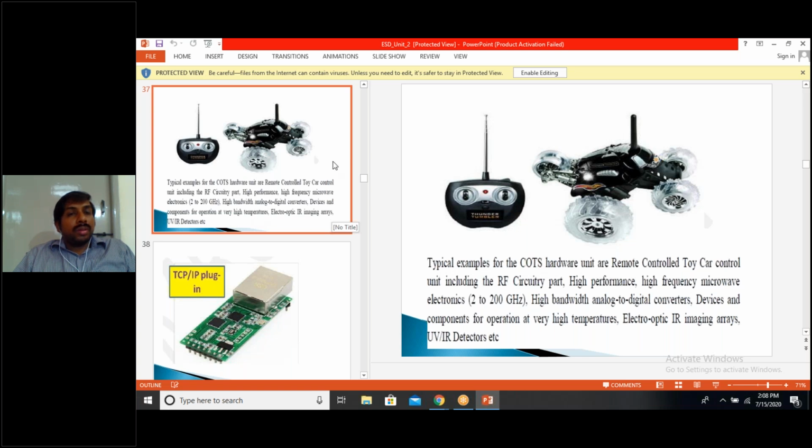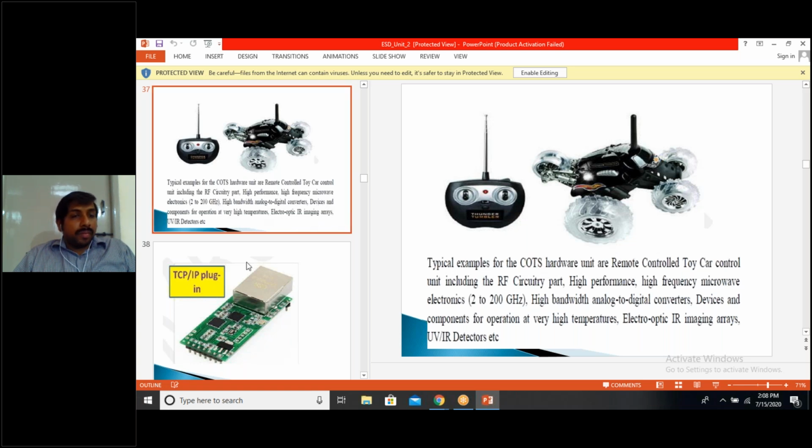Depending upon this remote control, this single PCB RF circuitry is the control unit, which is controlling the sensors as well as output devices. But internally, this is built by the manufacturer as an RF circuit consisting of so many